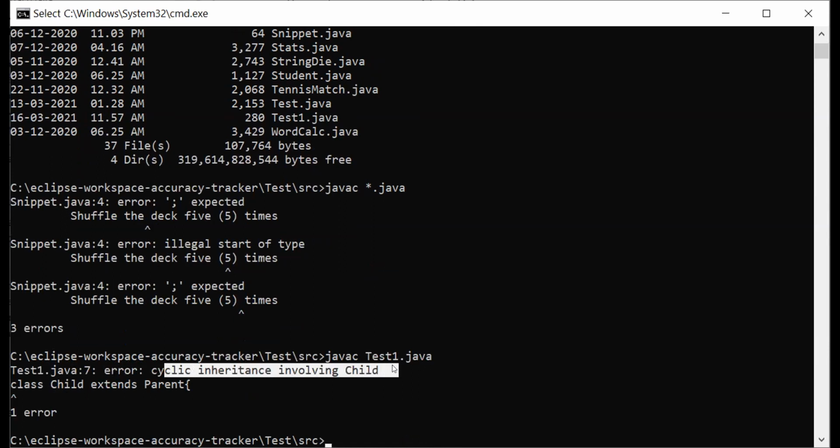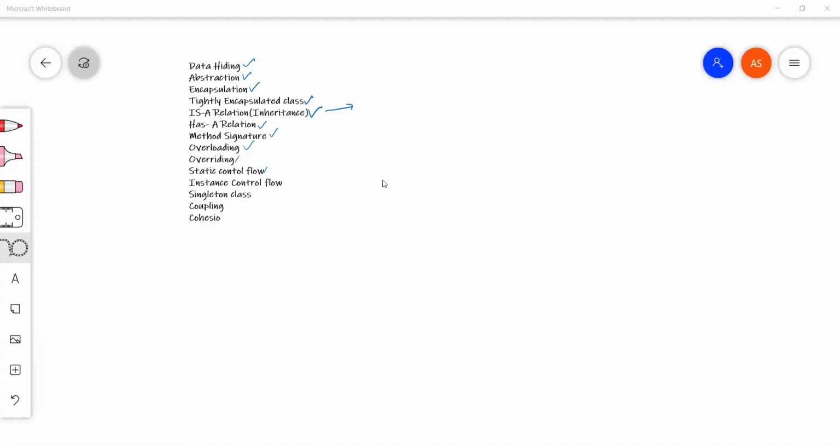This was the error I was trying to tell you, cyclic inheritance involving child. It is saying the name of the class itself, right? That's why I was saying cyclic inheritance is not allowed.